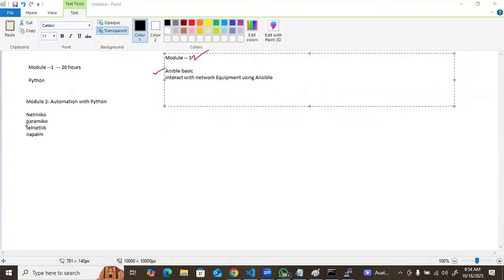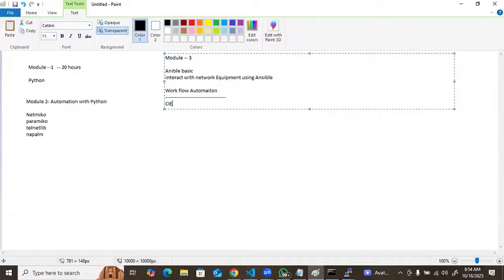And then, for workflow automation, what do we need to understand? We need to understand Git, GitLab, then CI/CD pipelines.